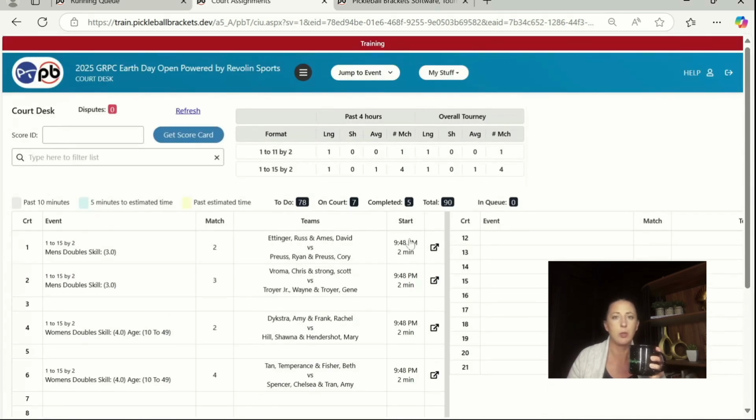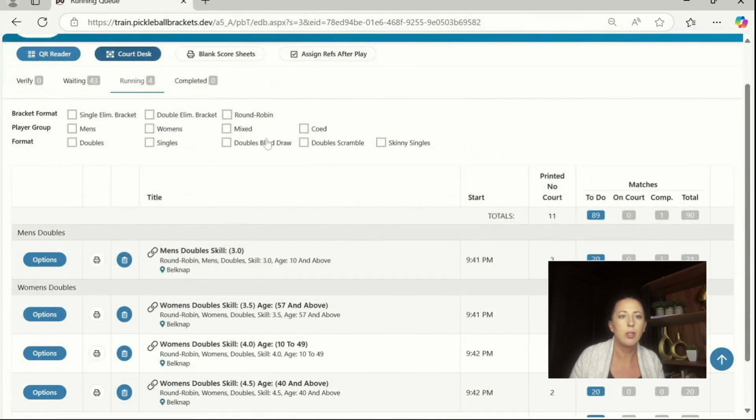It really is pretty simple to use once you've done this a few times. It's just put your match in. When you get it back, click on it, enter the score, take it out. So I think we have, I'm going to go back to the live console,